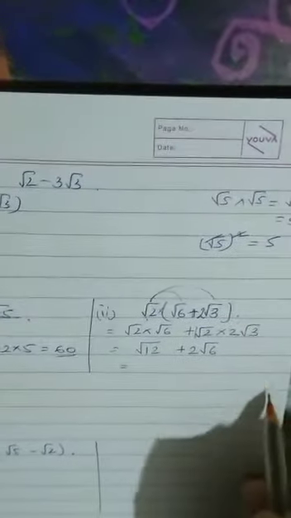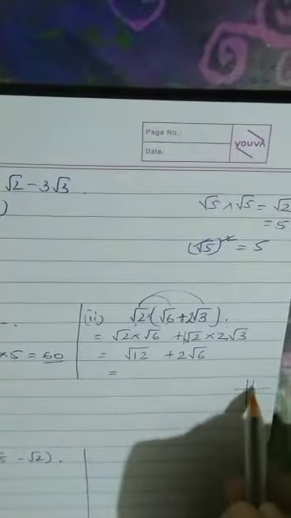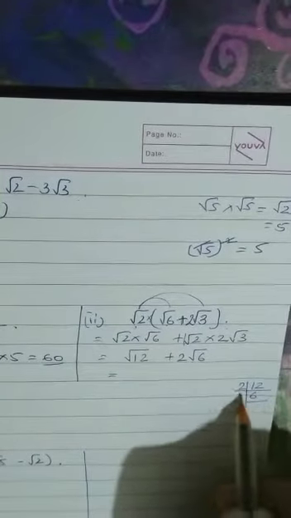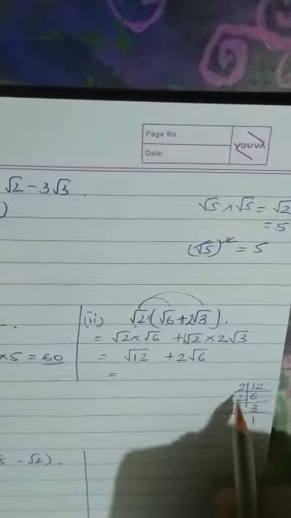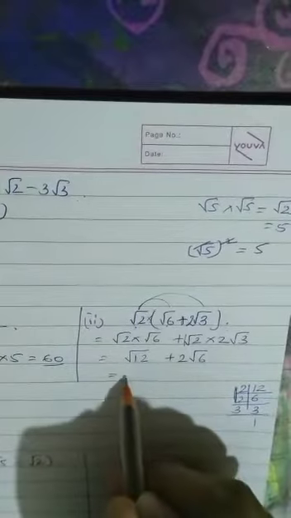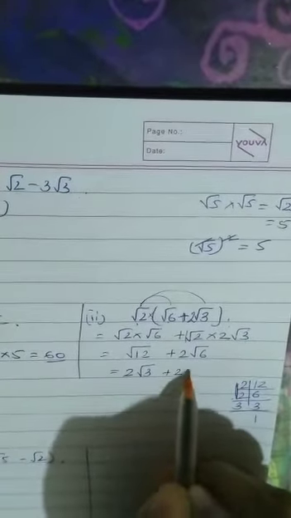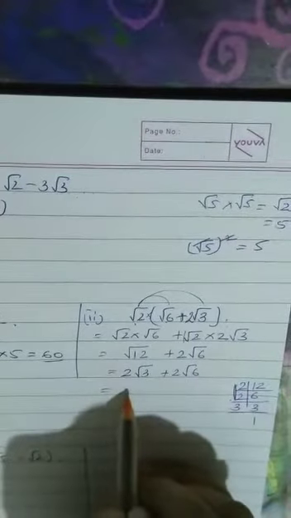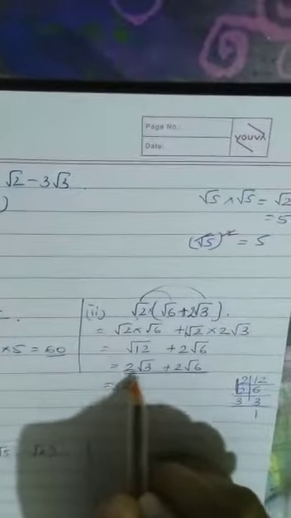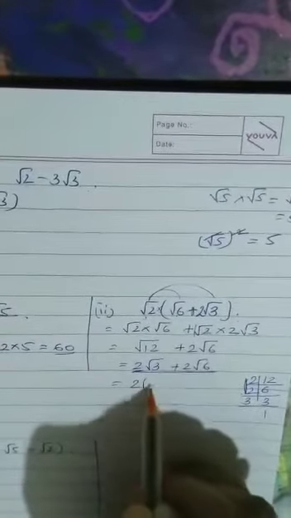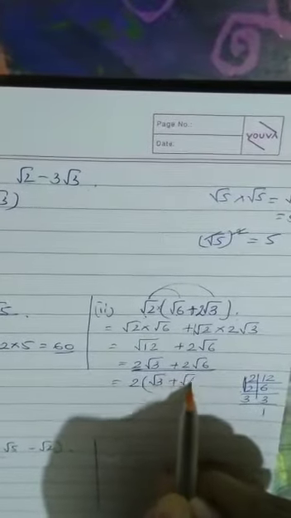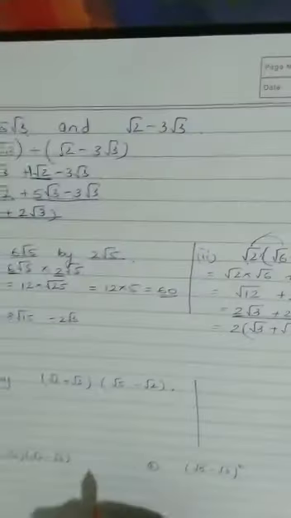And if you go to see root 12, this is 2 6s are, 2 3s are, 3 1s are. Root 12 I could have written as 2 comes out, root 3 inside, plus 2 root 6. You can leave it here or then you could remove a 2 common from them. This 2 is common, root 3 plus root 6. I hope this is clear.